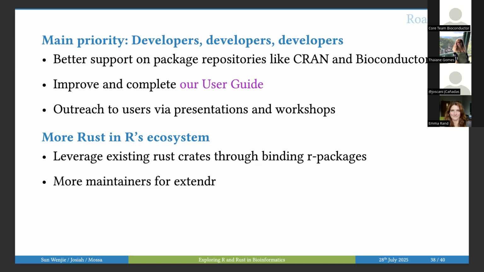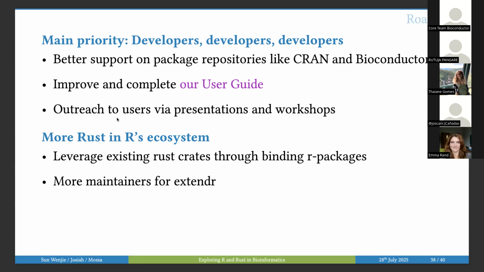And there's really many things in the Rust ecosystem now, even though it's very small, that would benefit R. So even if you come in as a person who doesn't want to write your own Rust library first and then a binding to R, there are many things in the Rust ecosystem that are just waiting to have a binding package in R written for them. And that's also a way to come in and start working with these things.